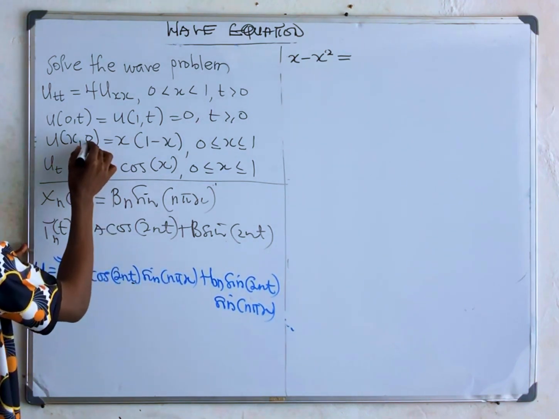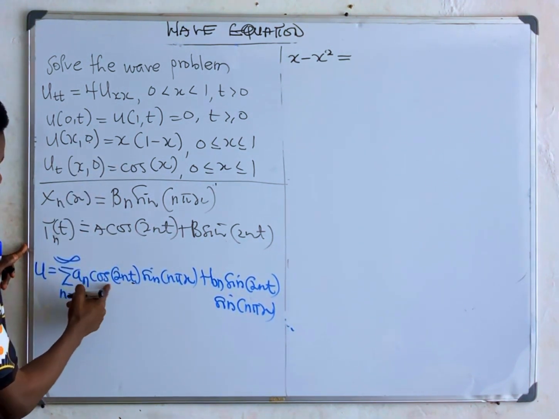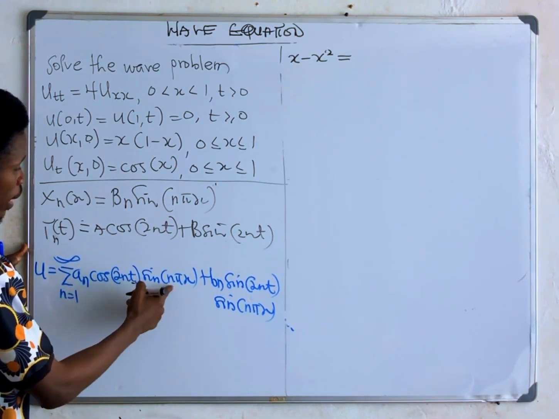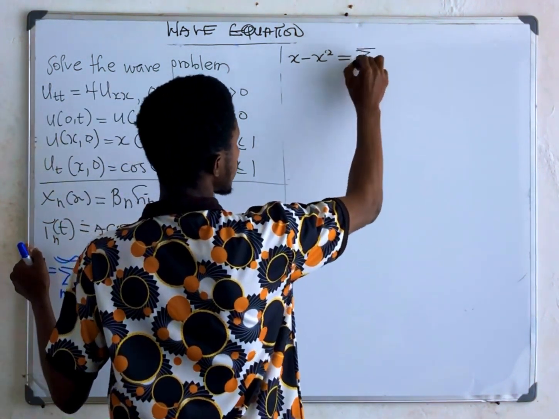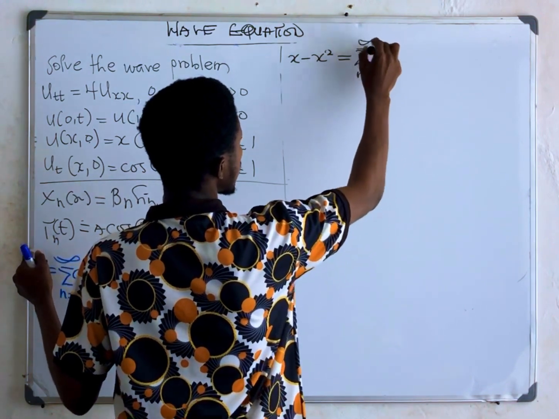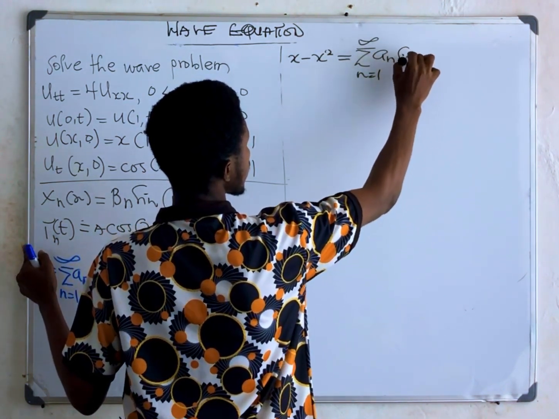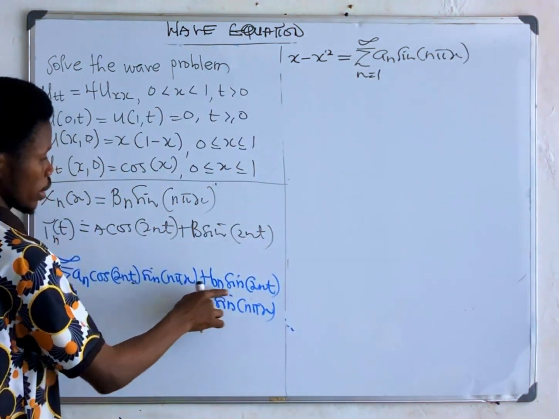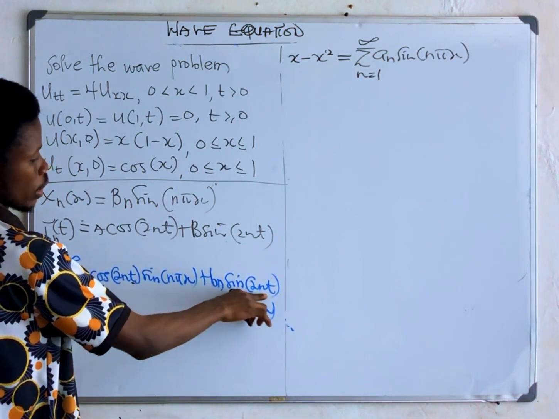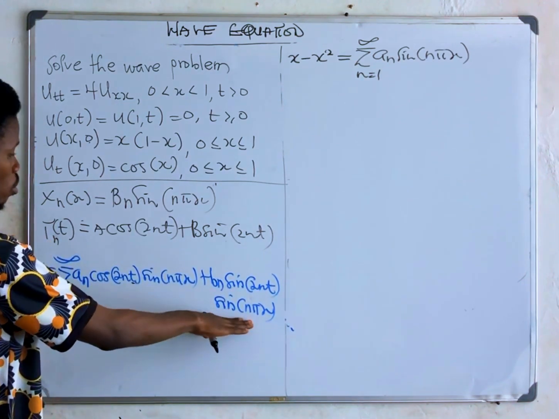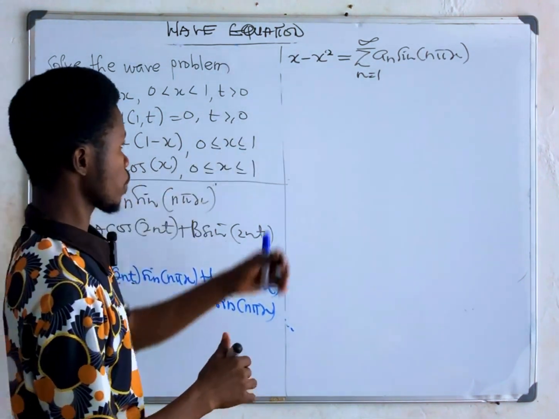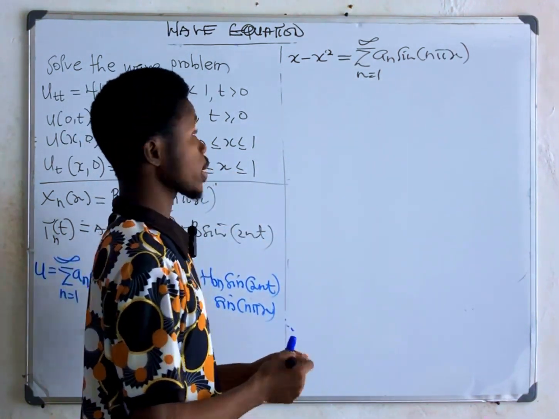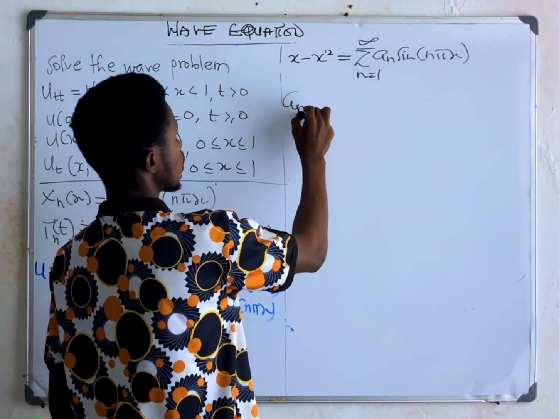t is 0. Can you see that? So if t is 0 here, cos 0 is 1. So here I'm left with An sine n pi x. You know here, if I put t to be 0 here, sine 0 will be 0. So everything here goes to 0. So this is what we have. So I have to look for what? An. And this is a Fourier sine series. So I'm going to have An equals